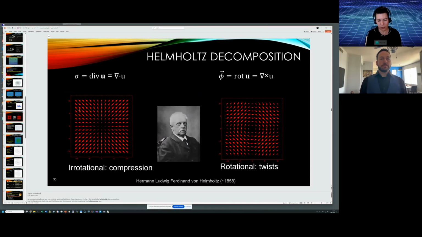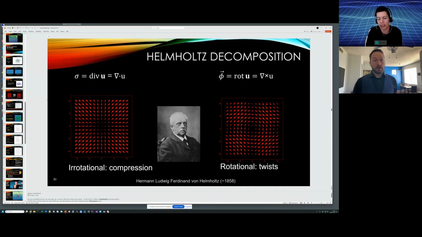And this is also very simple. Helmholtz has shown that when you have vector fields like this, you can separate the compression part, the irrotational part, from the twist. You can study them separately, so you don't always have to worry about everything mixed up, which is nice. It makes it easier. It's one standard by which you can analyze. There are probably other standards, but this helps to make the math easier, so let's look at this part and this part.